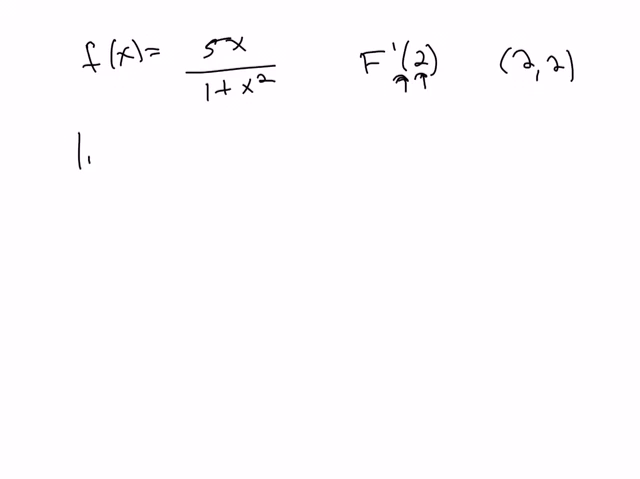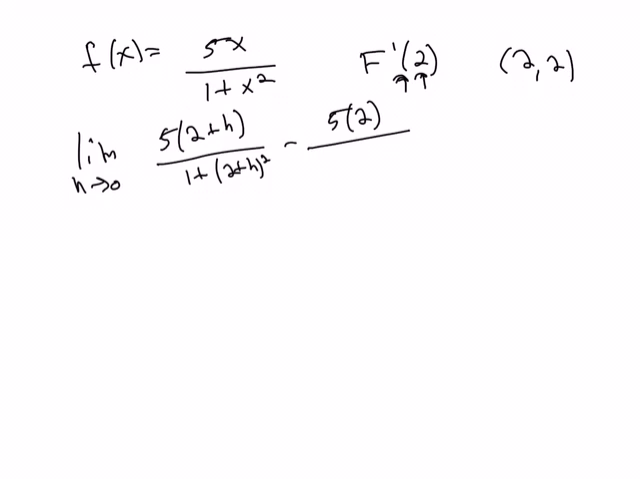So this is the limit as h goes to 0 of 5 times (2 plus h) over 1 plus (2 plus h) squared, minus 5 times 2 over 1 plus 4, all over h. And this is going to equal,